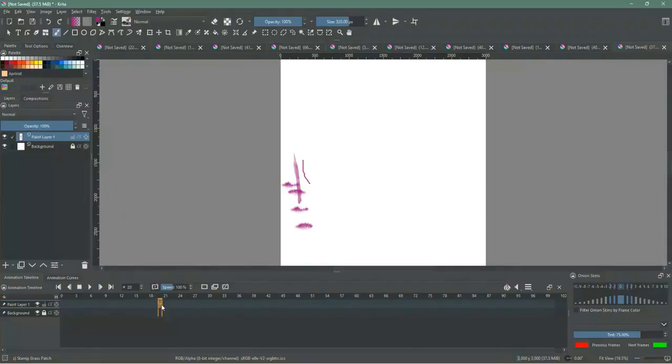After you've drawn your first frame, you can add another frame by clicking the Add Blank Frame button in the Animation docker. This will create a new frame for you to draw the next sequence of your animation. Remember, each frame represents a different point in time, so you need to draw each frame slightly different to create